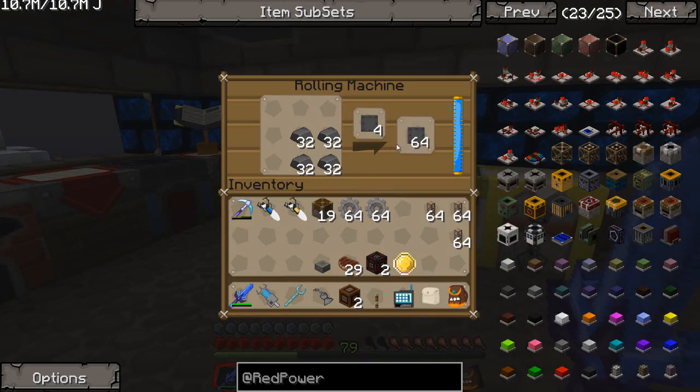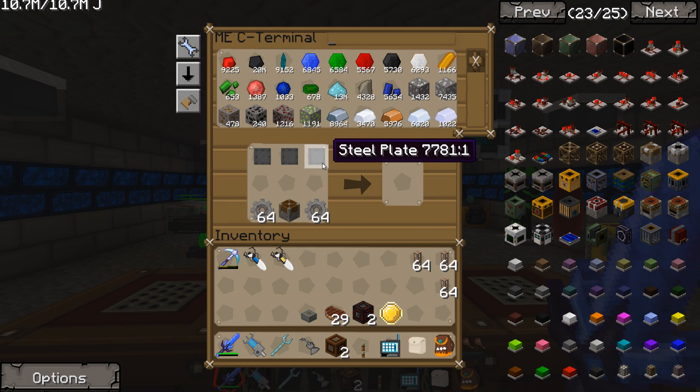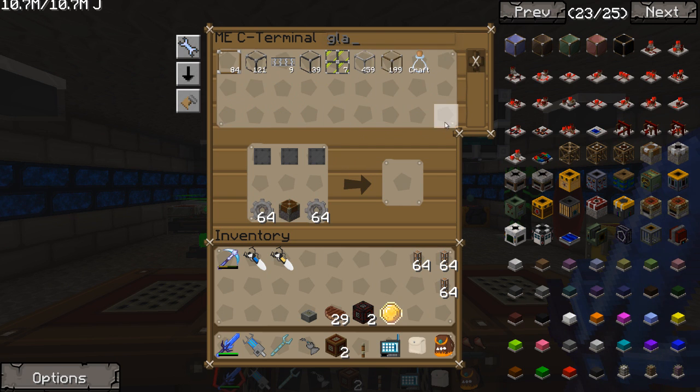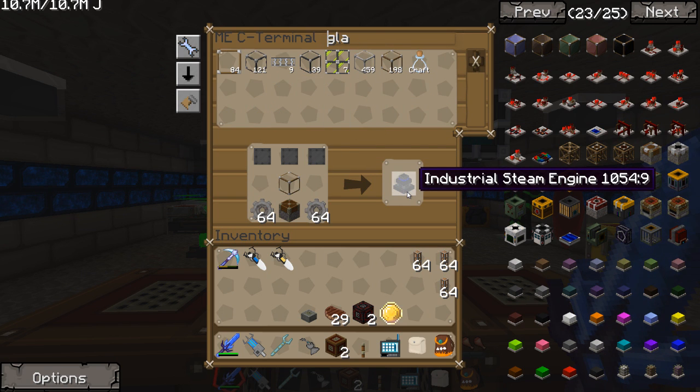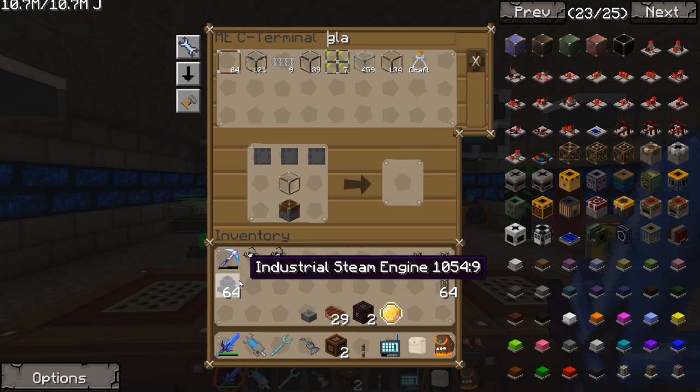Let's grab these out of here, because those should be done. Place those back in there. Steel gears on the side. Pistons there. And then we should just need some glass to place right there in the center. And that'll give us industrial steam engines. Hey, let you know, we got a stack of them now. Perfect. Alright, now...